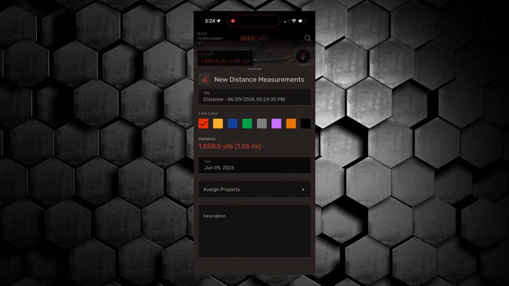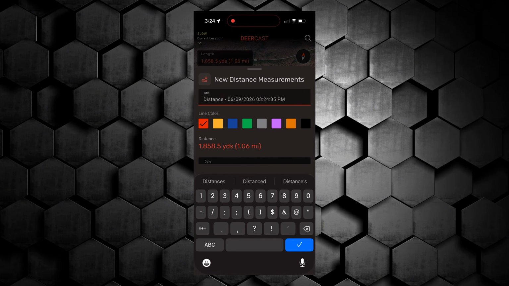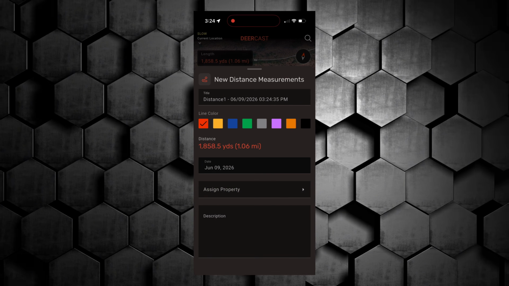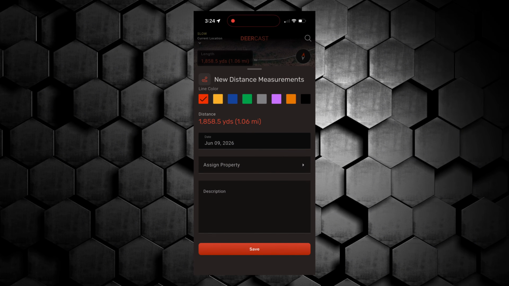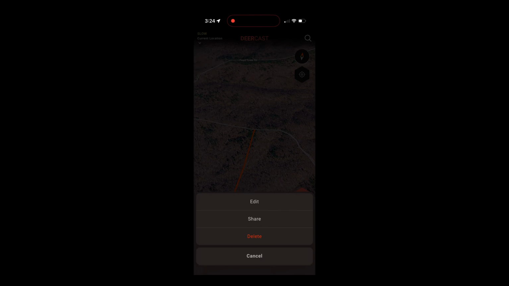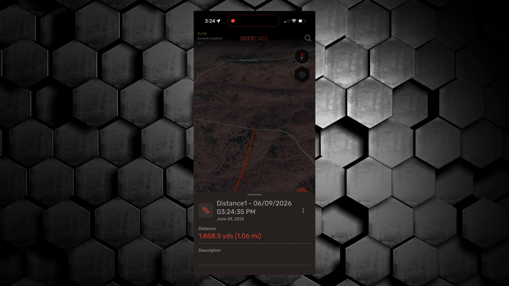When you've finished your measurement, just tap End, and tap Delete if you don't want to keep it, or Save if you do. When you tap Save, you'll be given the opportunity to add a title, select a date, and add a description. Once you've entered all the details you want, tap Save and you're finished. With the distance layer enabled, you can tap on any of your previously created distances to view or edit the